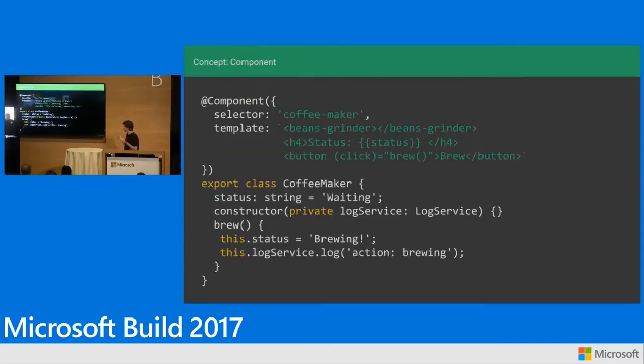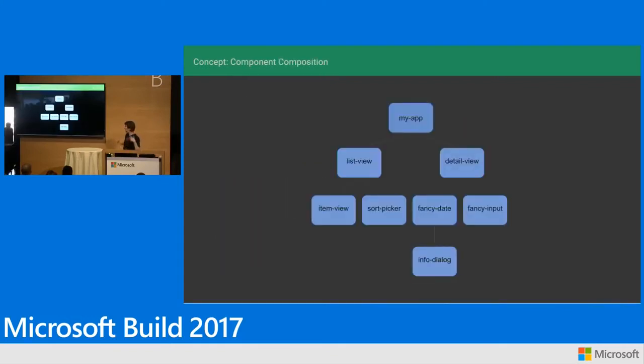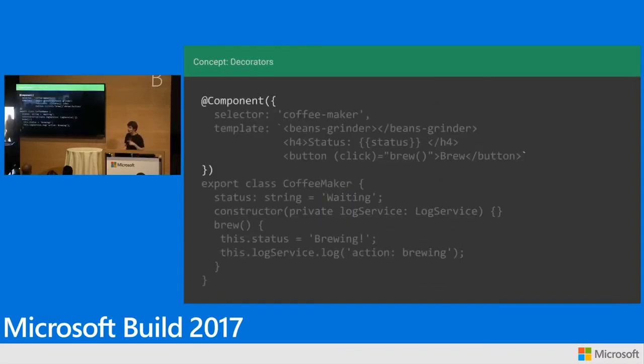So quick refresher, if you haven't used Angular 2 before, this is an Angular 2 component. If you're using Angular 1.x, it's very much like how you used to write components in 1.5. We'll just flip through these pieces. So all Angular apps are composed out of components. You compose components into trees of components. This builds you an app. A couple of things just to point out for you here.